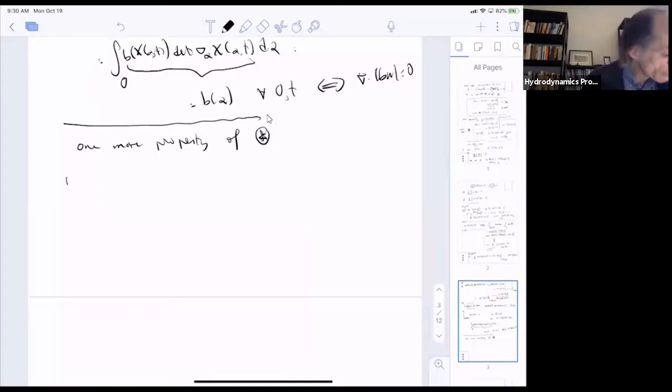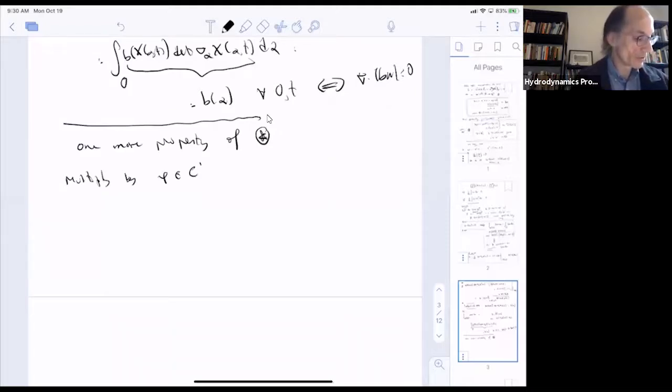So multiply by phi, in C1 of the domain D. And, or let's say, apply,